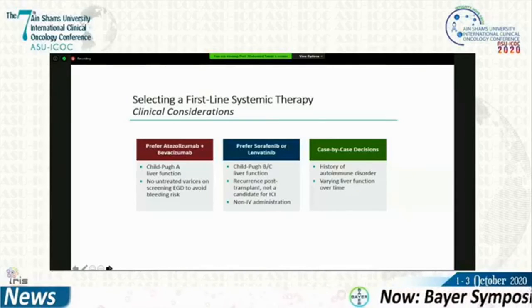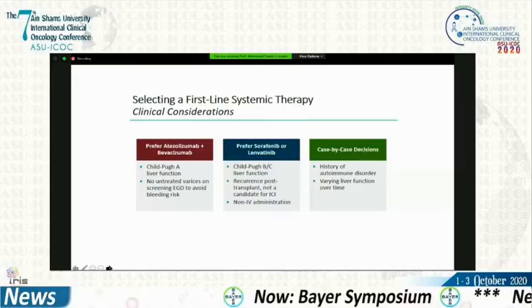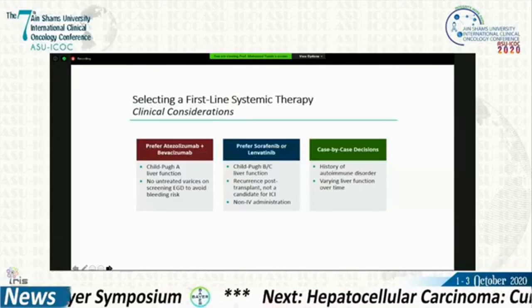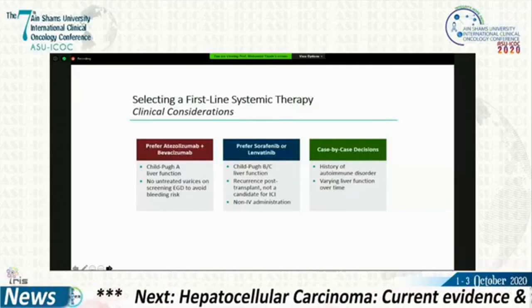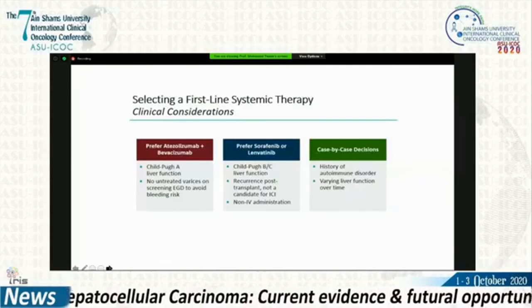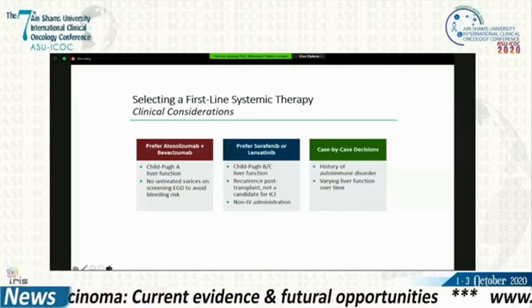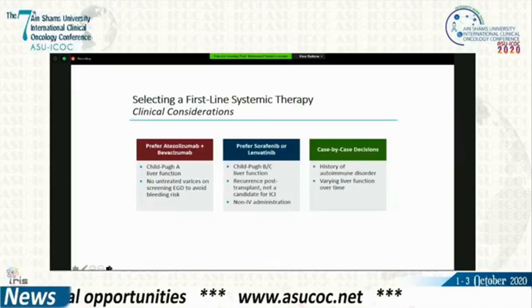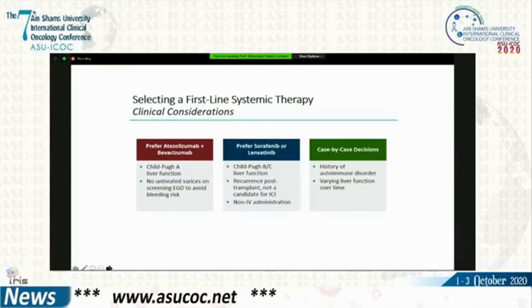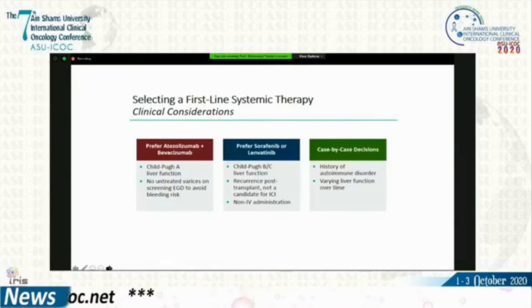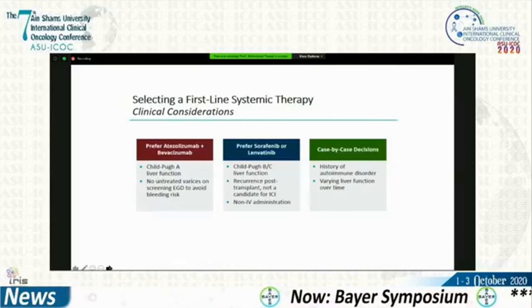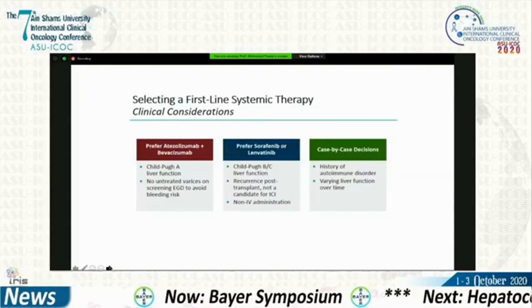And because of the recent approval of atezolizumab in the first-line setting, we have a problem. The problem is that most second-line options are after progression on sorafenib. So what will we do after progression on atezolizumab? This is a problem. Some experts say we can move sorafenib and lenvatinib to second line and move the second-line options to third line. But till now, we have three options: sorafenib, lenvatinib, and atezolizumab as the new standard of care.